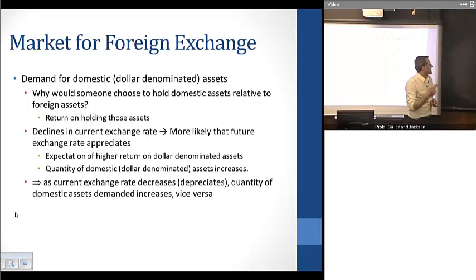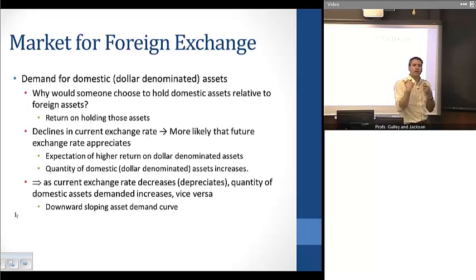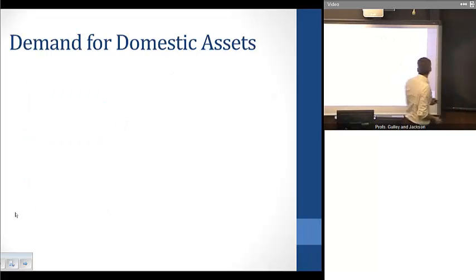And if we think about this, this is going to be an inverse relationship. So if the current exchange rate goes up, then people are going to think it's more likely that the exchange rate is going to fall in the future, and they're going to want to hold less. So the punchline here is that this is going to give us a downward sloping demand curve for domestically denominated assets. And so if we look at this again,